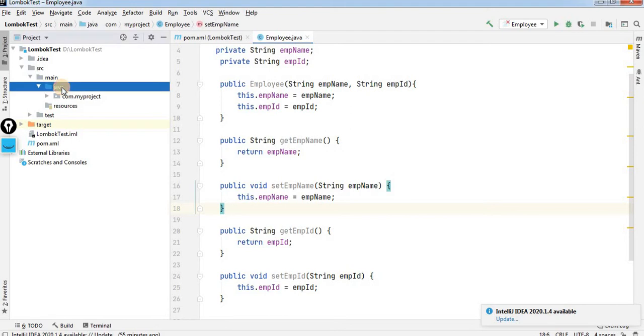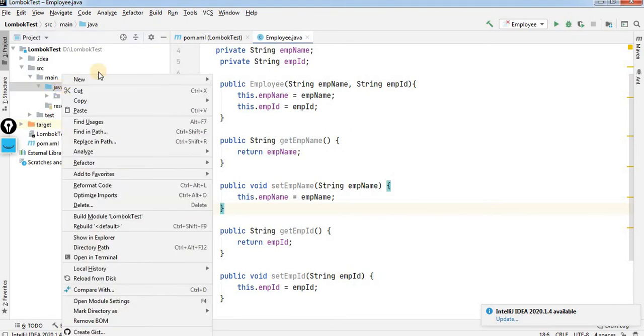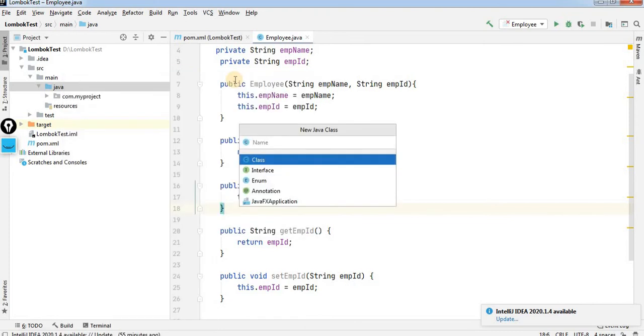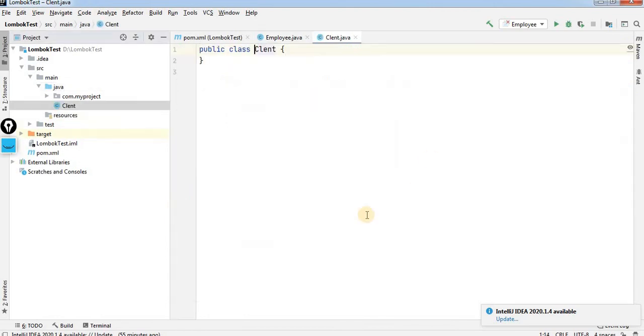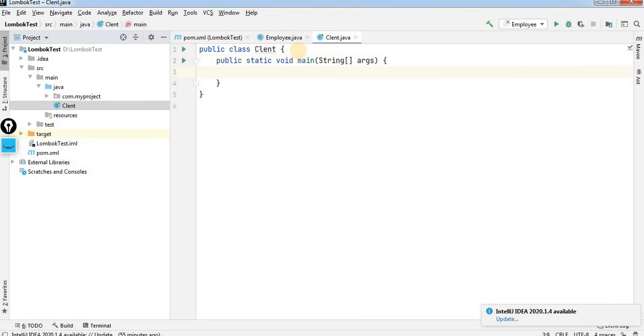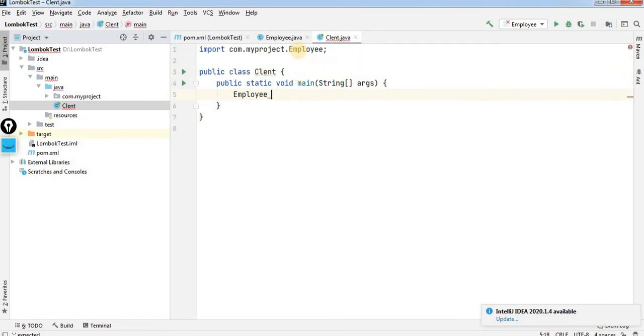Assume that I am going to call these methods. For that I write a client class, Client.java, which has a main method. Under this main method I am going to create an employee class object, Employee equals new Employee, and here you have to provide the employee name, which is a string type.